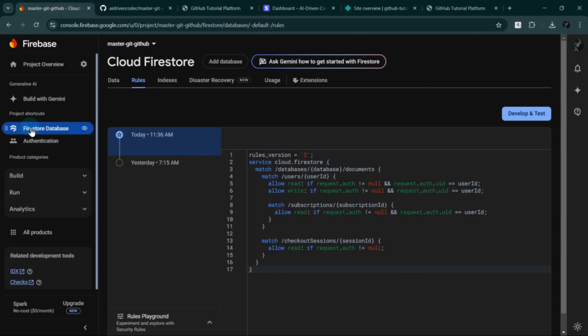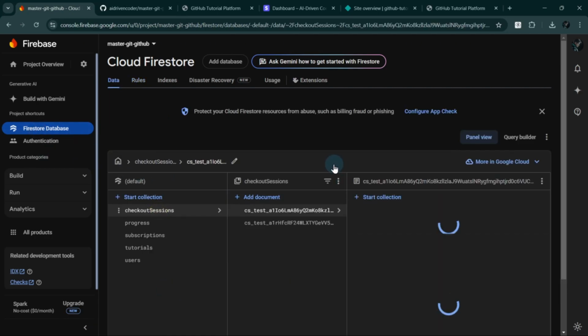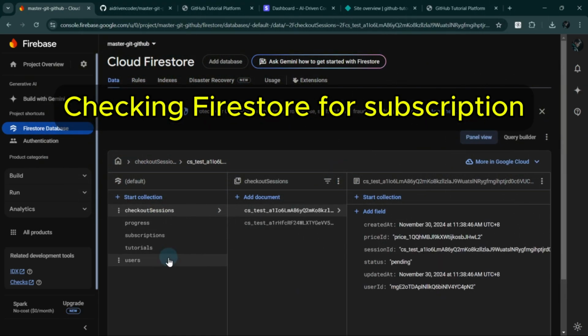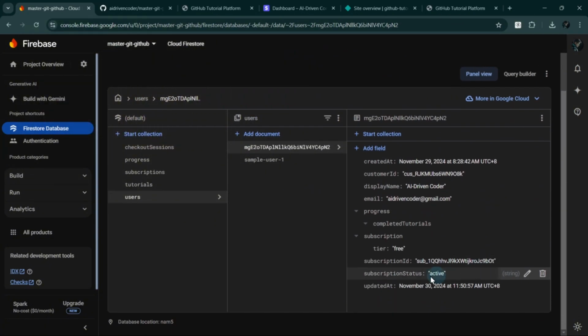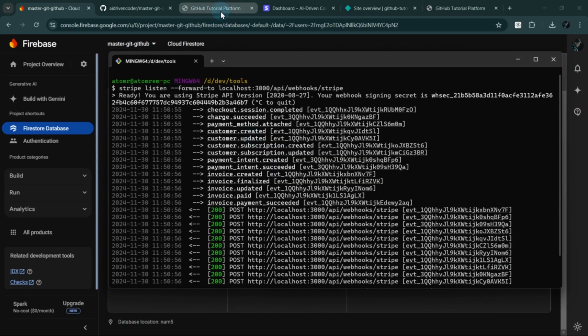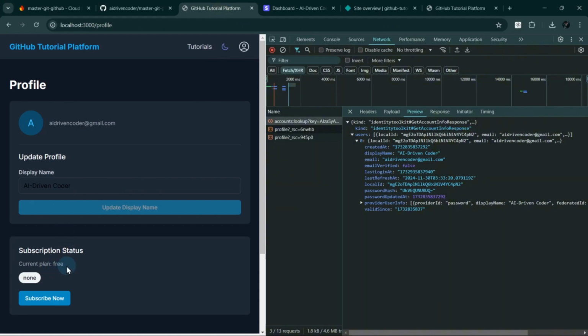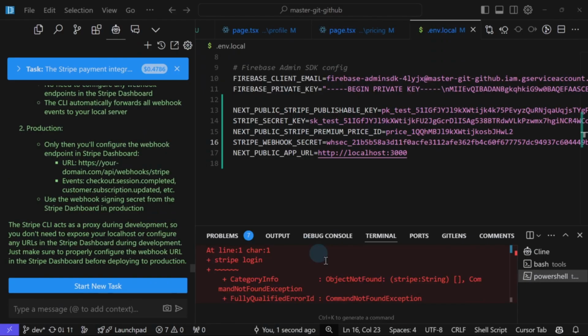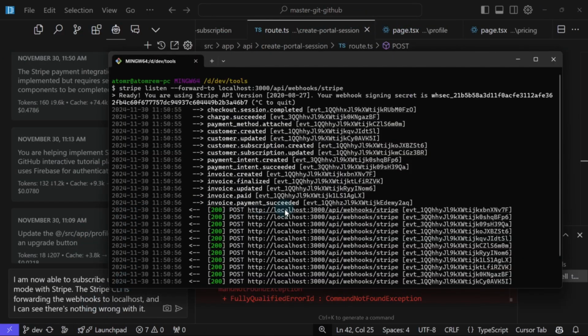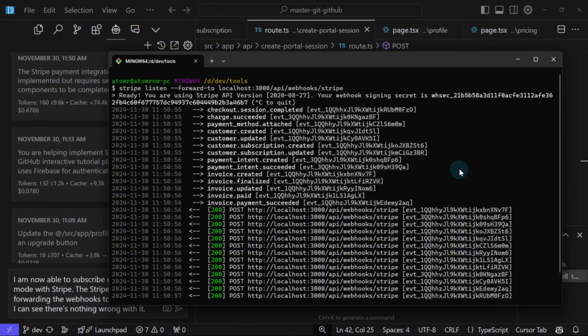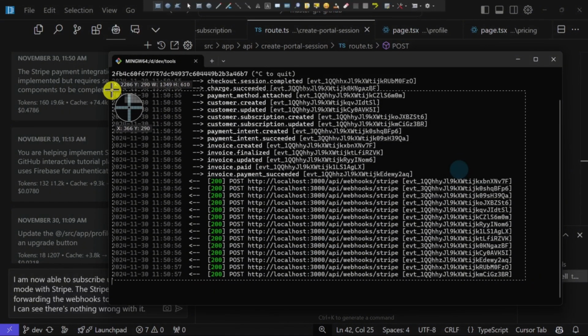We can also check within Firebase here. Check out sessions. Alright, so the subscription ID is here. It's active. But in our UI here, it still says free. I will ask Cline why. I will create a new task. I will ask it to review. Let me verify. Yes, I can even paste this in so that Cline will be able to see that it actually works.